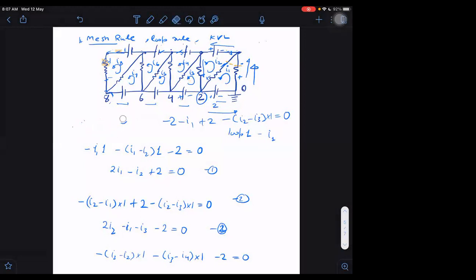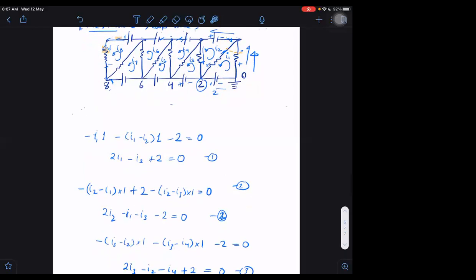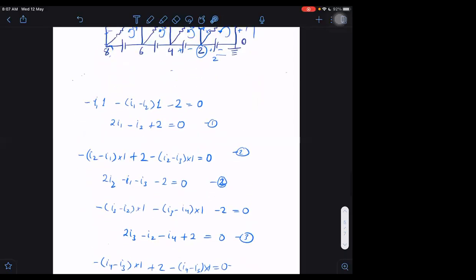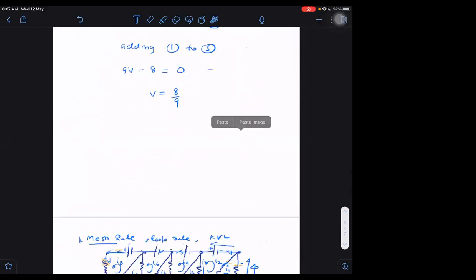So we can write many more equations here, but the main aim is that we should be able to write equations correctly. And the other thing you should understand is that if we are able to write equations for each smaller loop, then we need not write the equation for the bigger loop. That information will be in those smaller loops also. Anyway, we have already got the answer, so we don't have to worry that much.